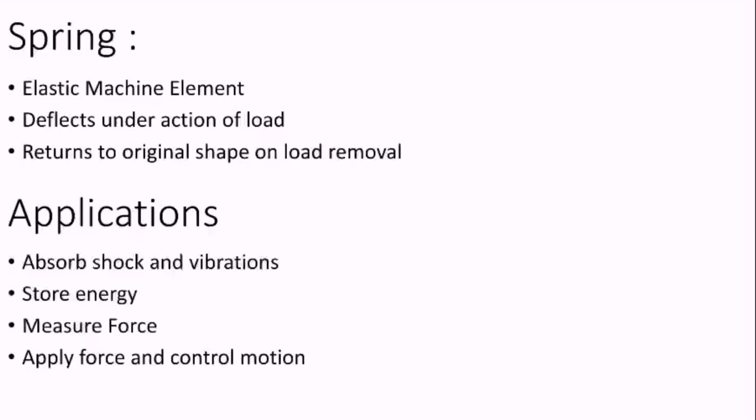For example, in a cam and a follower mechanism, spring is used to maintain the contact between the two elements, whereas in engine valve mechanism, spring is used to return the rocker arm to its normal position when the disturbing force is removed. Similarly, the spring used in the clutch provides the required force to engage the clutch. In all these applications, the spring is either used to apply the force or control the motion.